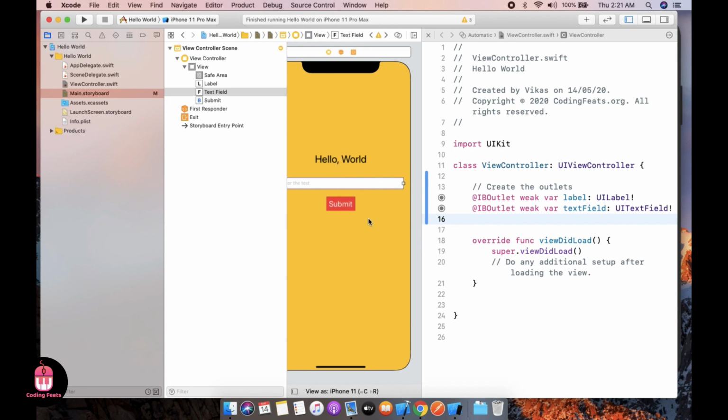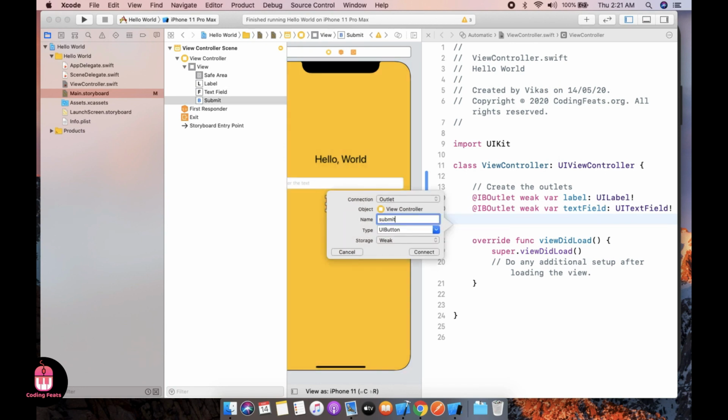Text field and the submit action button. And this is the button action.